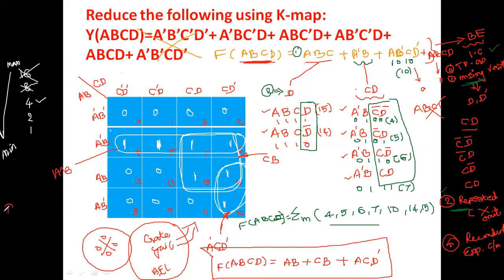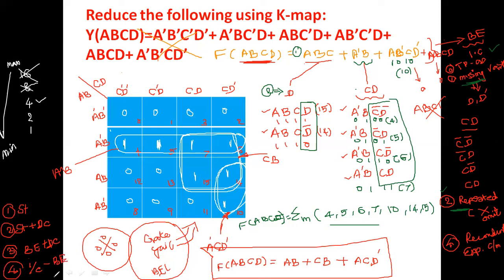The first method is the problem given straightaway without any don't care. Second, the problem is given along with don't care. And then the third method is the problem given as a Boolean expression, sometimes with don't care also. It is also possible. And then the last method is this method. So the problem is an incomplete Boolean expression.